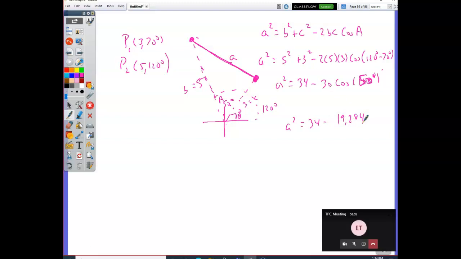Remember, we're going to go 5 decimal places just to make sure you don't make a mistake. 34 minus that. I get A squared equals 14.716. I'm already rounding. I get A equals 3. What does it say to round to? Does it say anything? No. Hundredths, I guess. So 3.84 is my distance. So, law of cosines. We find the distance between 2 points in polar land. Okay? Yes, sir. When you have cosine of 120 minus 70 degrees,